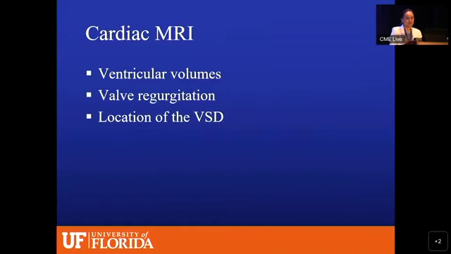Cardiac MRI nowadays is really important, especially if you want to know if this is a hypoplastic left heart or hypoplastic right heart, whether we can do biventricular repair or not, and ventricular volumes through an MRI are needed. And with cardiac MRI, you could also quantify valve regurgitation using flow quantification, and also in some, the location of the VSD, which if it's remote, it's